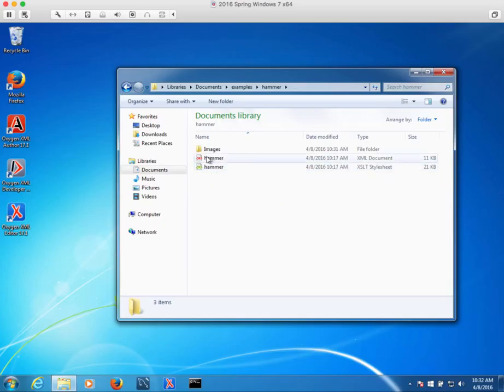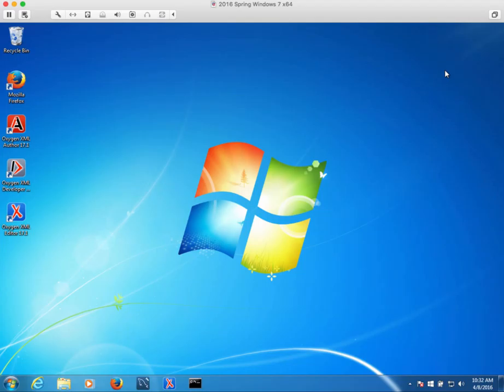There are two files. There's one that's an XML document that has the content for the manual. And there's another one that's an XSLT style sheet, and that's the transformation that is going to pull the content out of hammer.xml, and it's going to surround it with tags from the XSLFO tag set, and it's going to send them off to the XSLFO print formatter, and in this case, the XEP one. Okay, so let's close this, okay, and let's